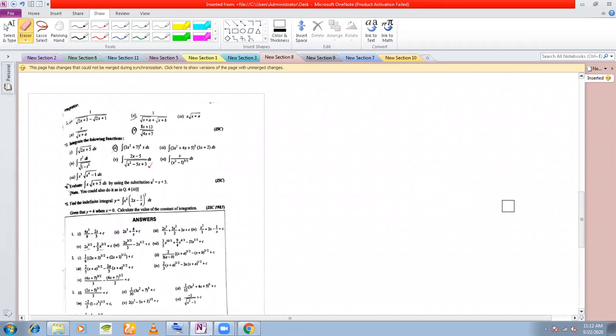Let us do the next one. All these techniques you will require later on. These are very basic sums. Sum 3: the question here is to integrate x root x plus a